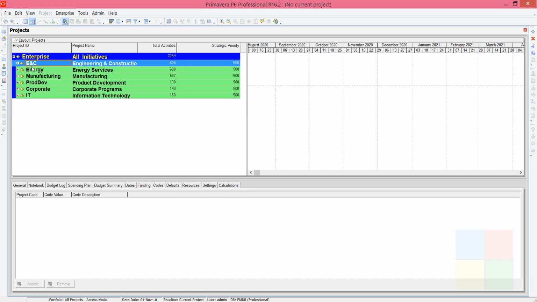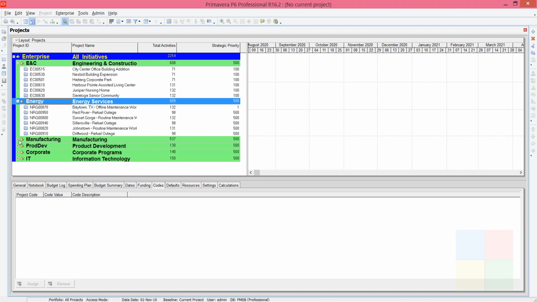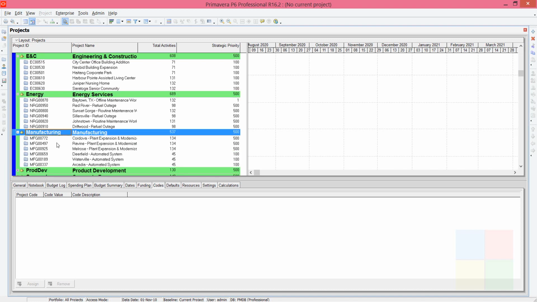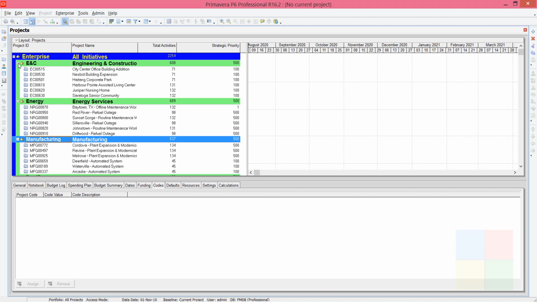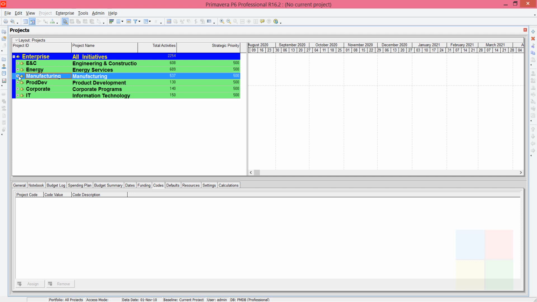If I expand engineering and construction, you can see a number of projects under E&C. In the same way, under energy and under manufacturing we have a number of projects. So the projects are basically grouped based on departments, right?